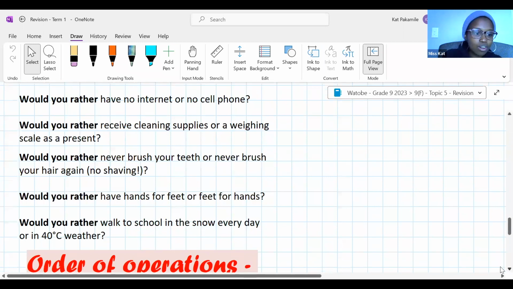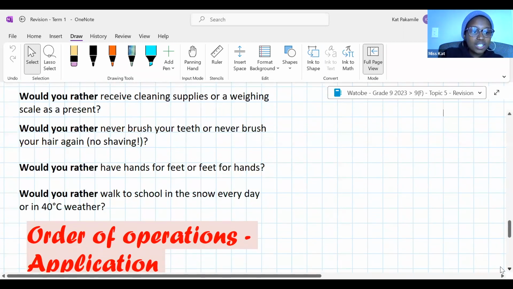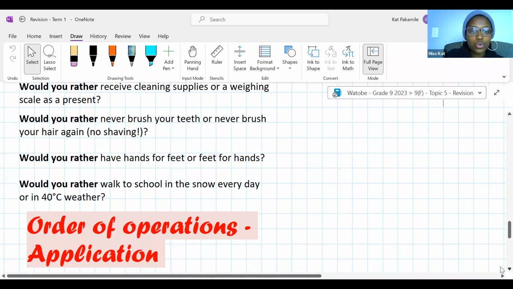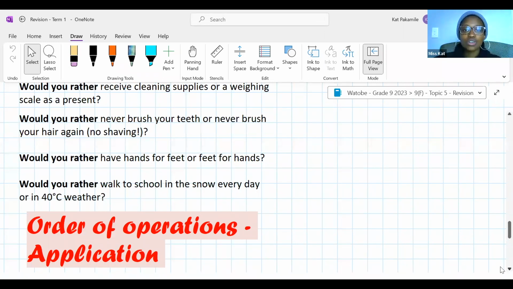I have fastest fingers first. So I'm gonna show you a bunch of questions and you are gonna bombard me with answers. Guys, the trick is you don't have to start at number one. You just pick a question that you think you can answer the quickest. And as soon as you have the answer, you post it in the chat. I am expecting to see a very busy chat.